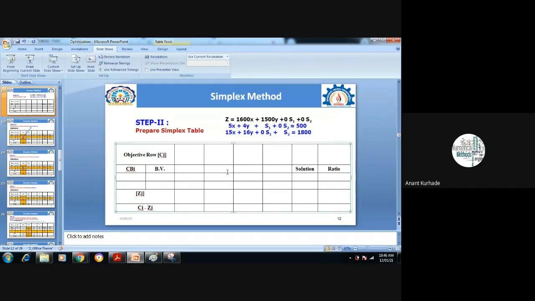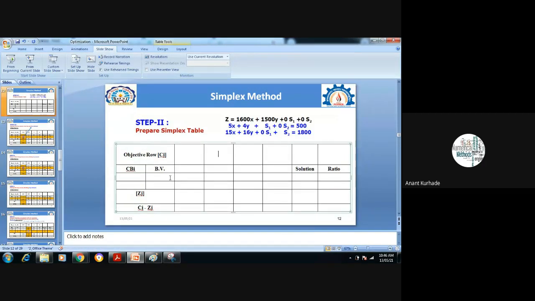Now, how to put these values is a very important task. See this table, the first simplex table is nothing but, you have to show all these given 3 equations. We have these 3 equations: the objective function, first constraint, second constraint. Already we have added s1, s2. So we have to put all these equations in tabular form. That is your first simplex table. And how can we do this? For this, B means you can say it is basic variables.